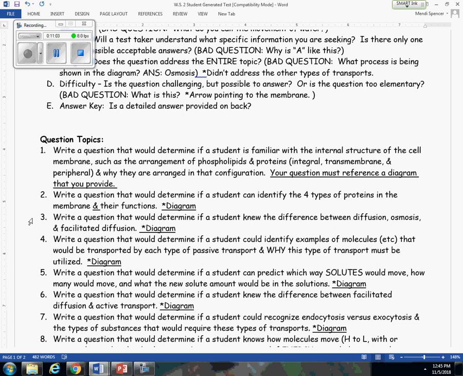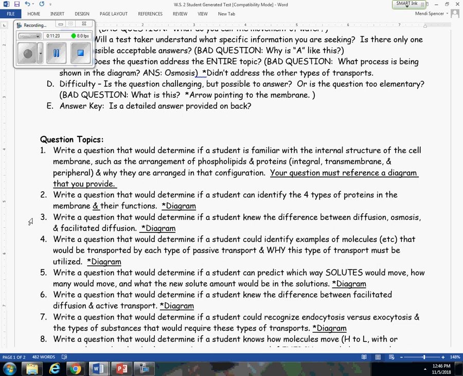So you need to probably ask questions about which areas are nonpolar, which areas are polar. You can also ask questions about transmembrane protein versus peripheral proteins. Like, why would peripheral proteins be on the outside of the membrane instead of on the inside? Again, you have to include some kind of diagram that must be referenced before anybody would be able to answer